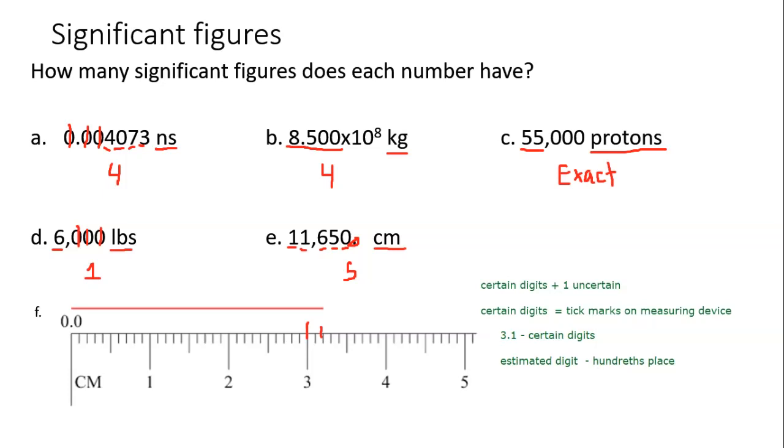So for me, I would say this would be 3.18 centimeters. So regardless if you put 3.18 or 3.17, or you could have put 3.20, this measurement would have 3 significant figures because it contains the certain digits plus one uncertain digit. So the more precise your measuring device is, the more significant figures you would have in your measured number. And so on that note,